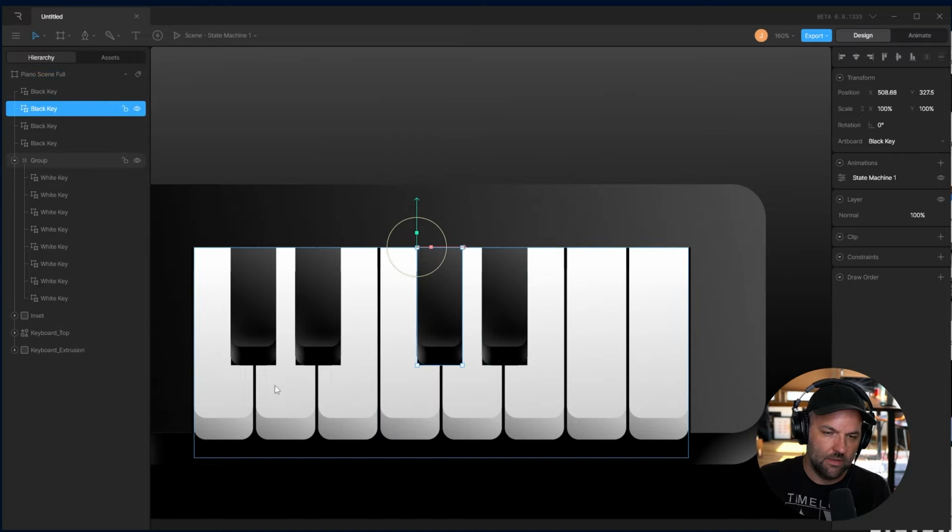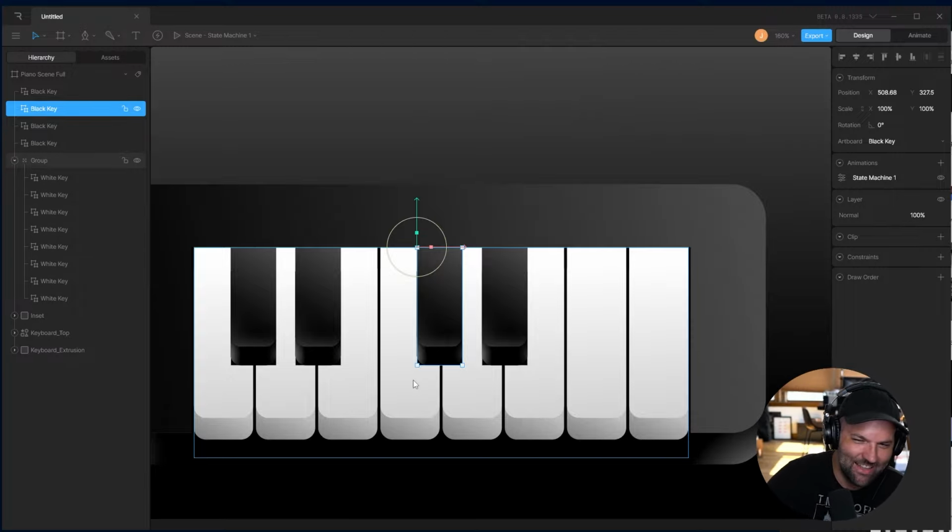If this is C, D, E, then F, G, H. One more time. If this is C, D, E, then F, G, A, then we would need to skip a key here because between E and F there is no black key. So